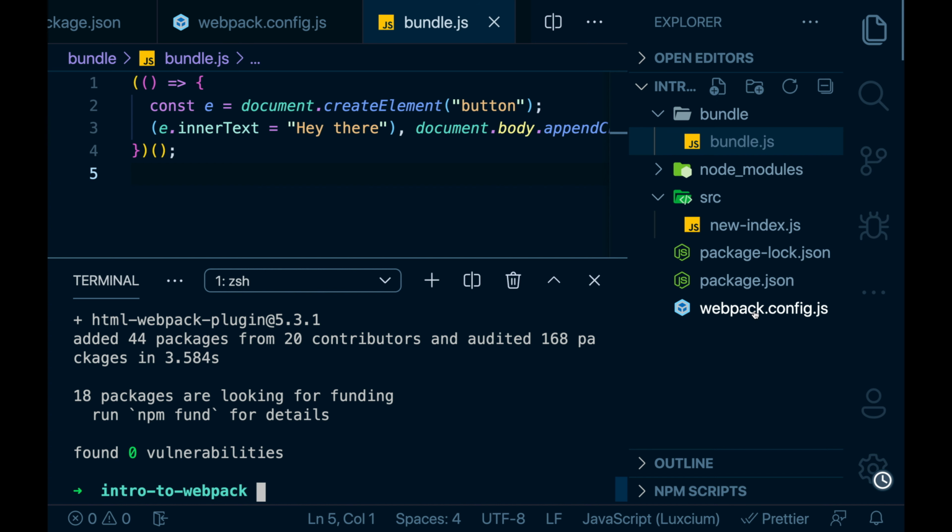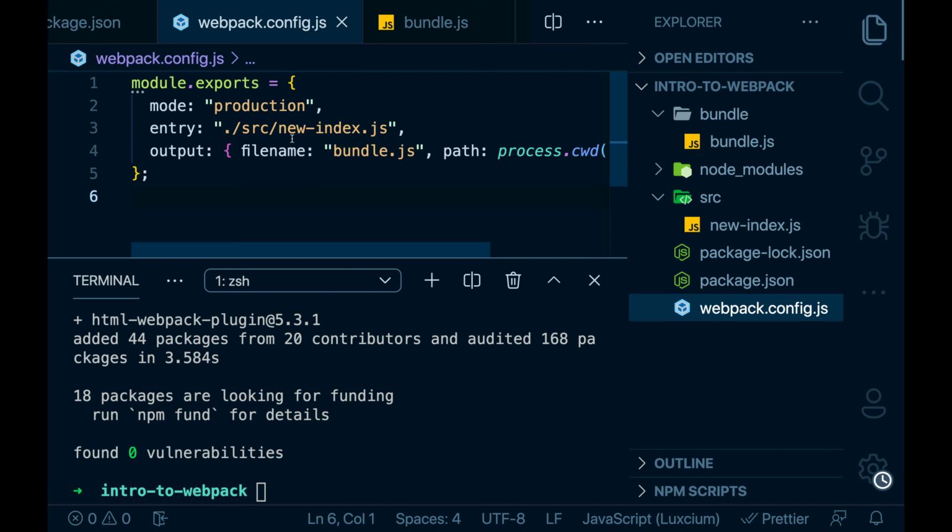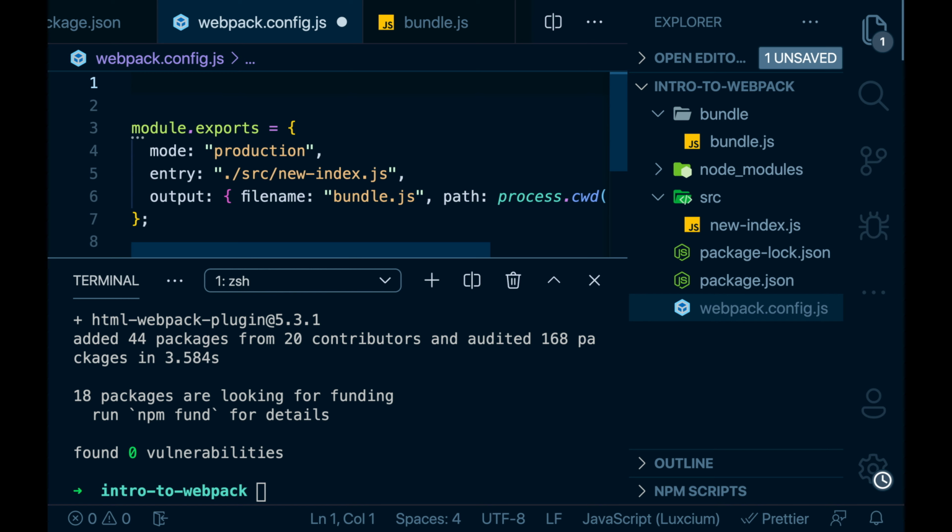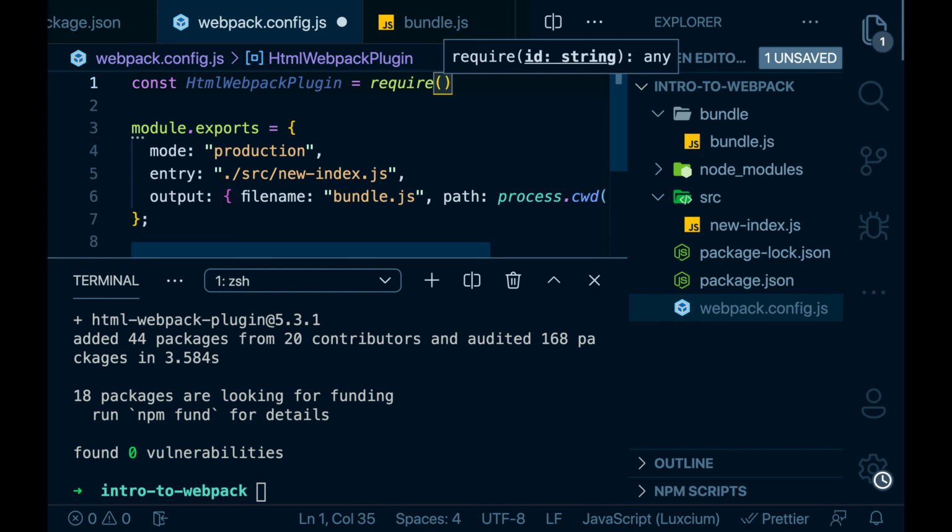I will import this plugin in my config file. At the top of the file, I'll say const HtmlWebpackPlugin equal to, I'll use require function to load this plugin.